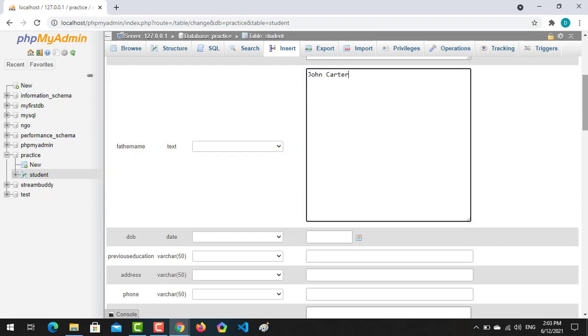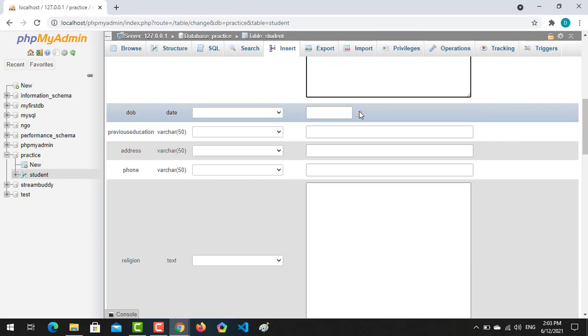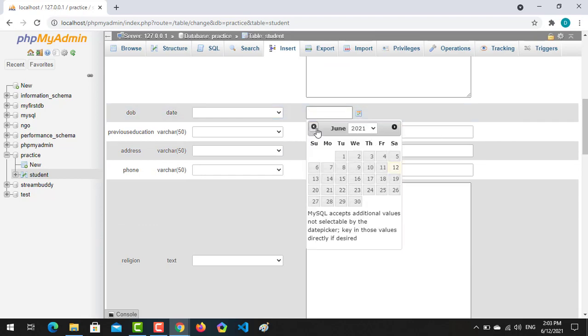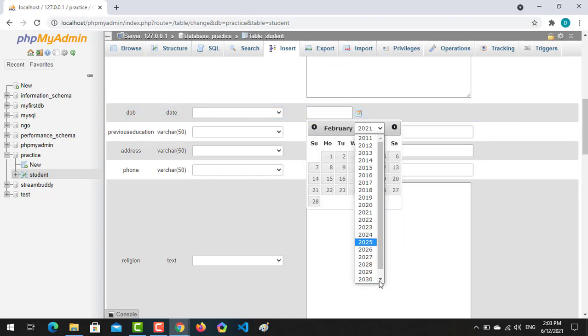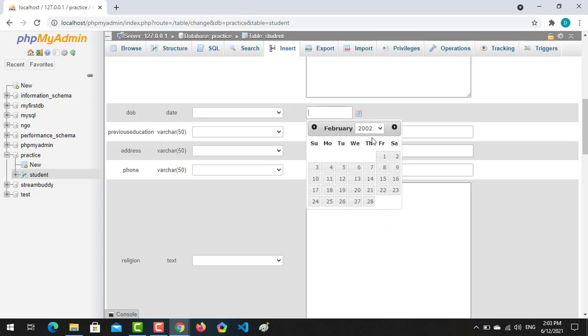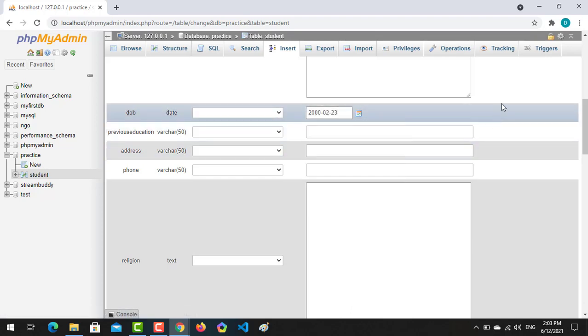For date of birth, we can write it by selecting the date, 2000, and any date of birth you can select.